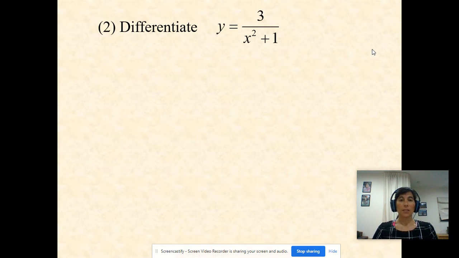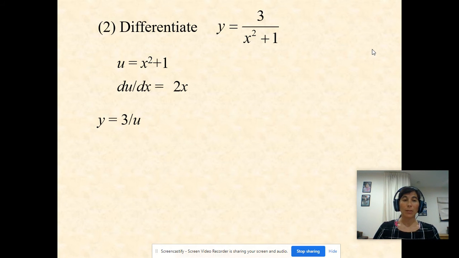Example 2. Differentiate y equals 3 over (x squared plus 1). In this case, the first thing that happened is we had x and we squared it and added 1, that would be the first part. So let's call that u. So u equals x squared plus 1. If we differentiate that to get du over dx, that would give us 2x. If we now focus on the second thing that occurred there, that's the 3 divided by that bottom line. So we could say let y equal 3 over u,